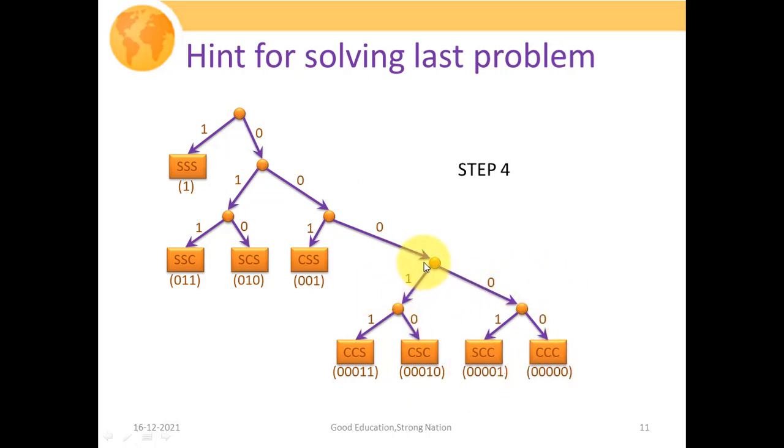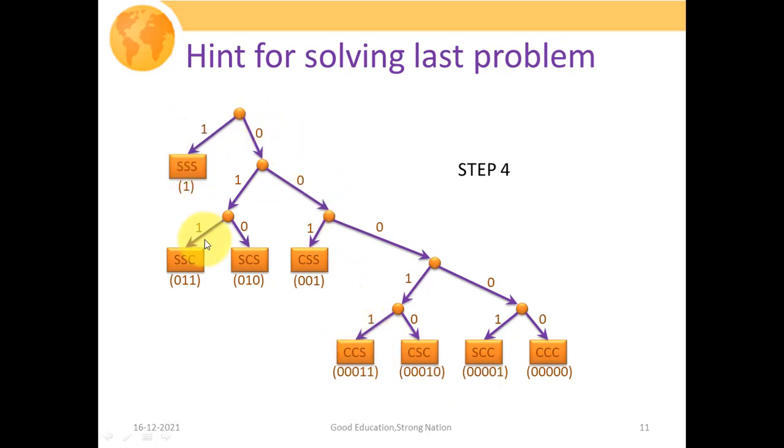For the high value of probability we have given this sub branch the value 1, and for the low value of probability we have given this sub branch the value 0. And similarly this particular sub branch would have been formed with the help of these two symbols, and similarly this particular sub branch would have been formed with the help of these two symbols, that is your SCC and your CCC. So now the question arises: how are we going to formulate the code from this particular tree, how are we going to obtain the code associated with the different symbols?